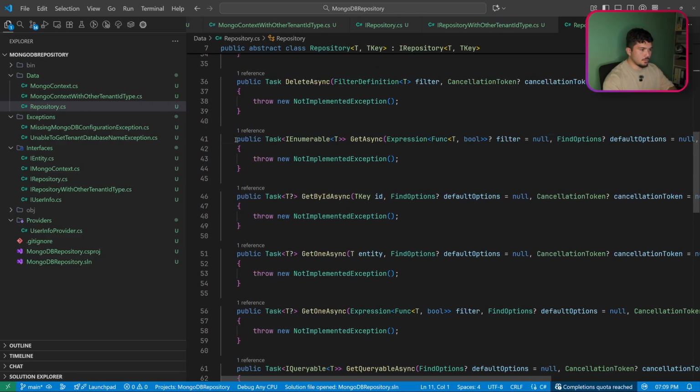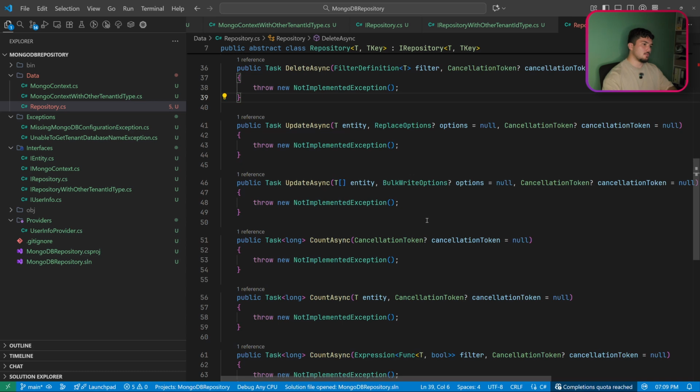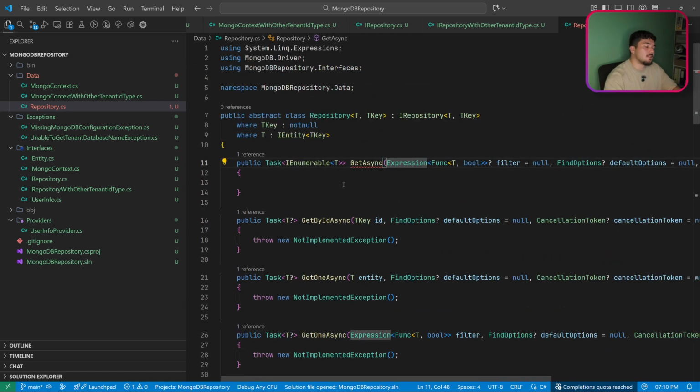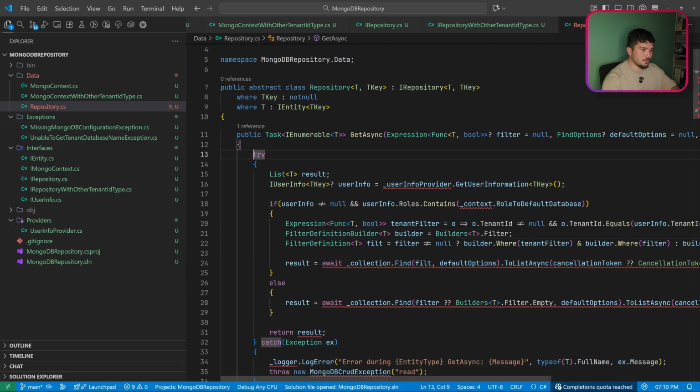And I'm going to put the read part of our CRUD in the beginning because this is the most interesting part. So in the getAsync method, we want to return a list of objects based on an expression that can be null. If it is null, we are going to return everything from the database. So in order to do that, we are going to create a list, which is going to hold all of our objects, and this is what we are going to return. And once again, we are going to check